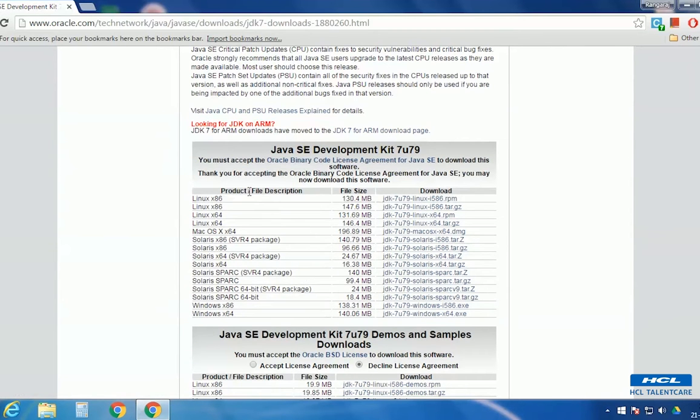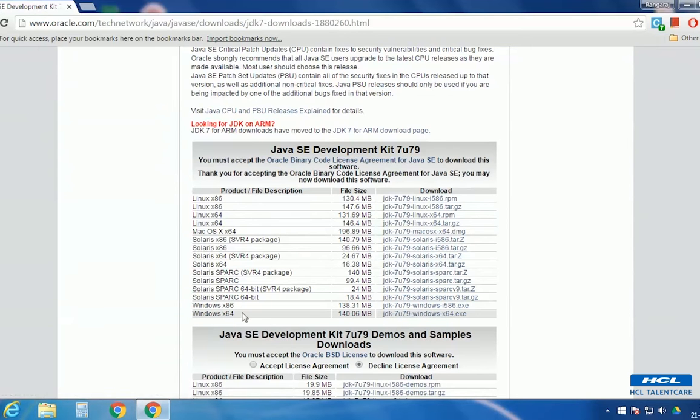If you are using Linux, it is shown here, and it's also available for Mac, Solaris, as well as for Windows. As I am operating on Windows OS, I'll be considering Windows. For Windows, there are two types of versions. One is x86 and the other is x64. x86 shows that the JDK file will run only in 32-bit Windows OS, and x64 will run in 64-bit Windows OS.